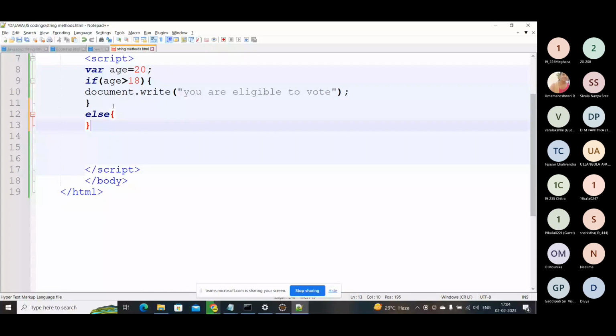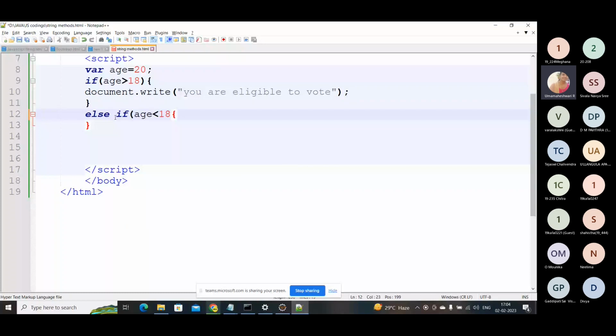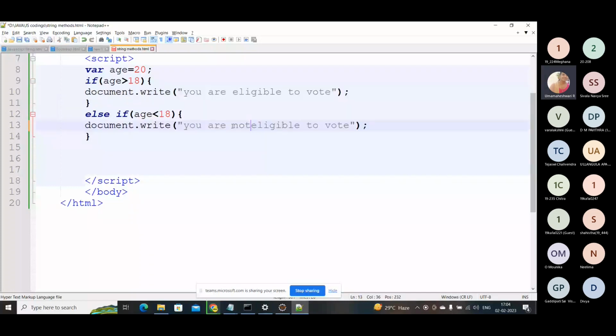I'm giving one more statement like this, else if. So the condition is like this. So age is less than 18. Then I'm giving a statement as you are not eligible to vote. Else